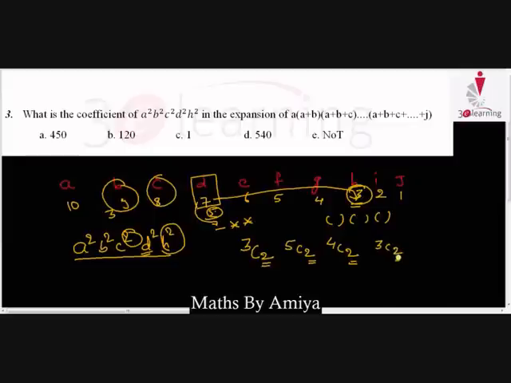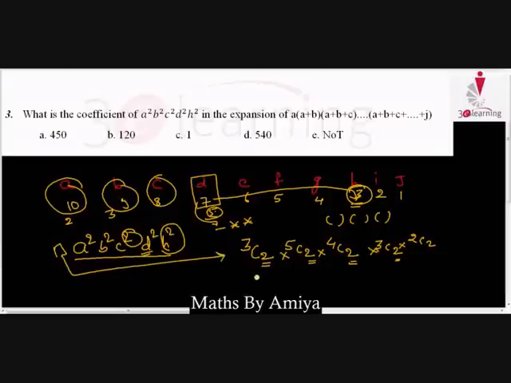We selected a total of 8 brackets, and for the A we have 10 brackets, so out of 10 we selected 8, so only 2 brackets are left, and for the 2 brackets we need 2A, which is 2C2, and we want all the terms together. So this is our answer for the coefficient, and solving this value we have 540. So our answer is option D. I hope it is clear to you. If you have any doubt, feel free to ping me.